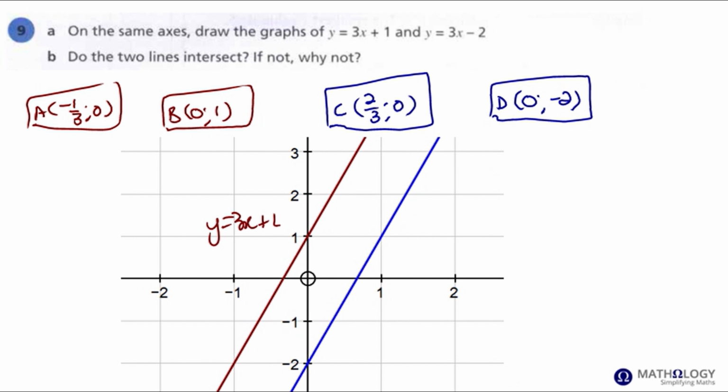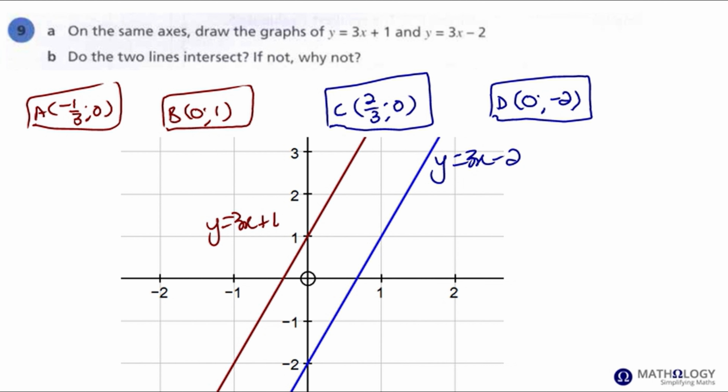So these are the two functions that we've sketched: y equals 3x plus 1 and y equals 3x minus 2. Do the two lines intersect? If not, why not? Well, we've just sketched them. We can clearly see that they do not intersect. These lines are parallel. Why are they parallel? If we look at